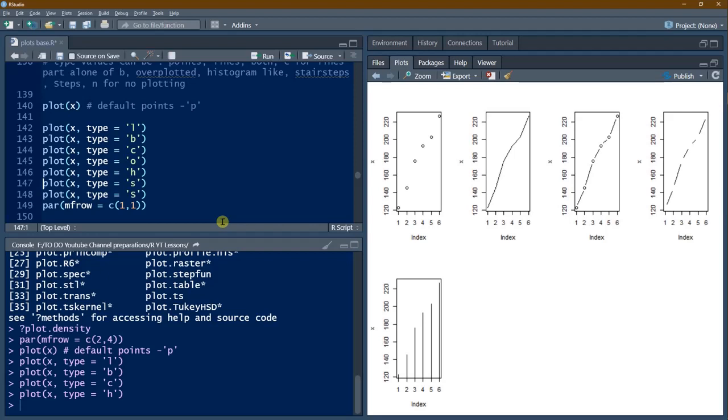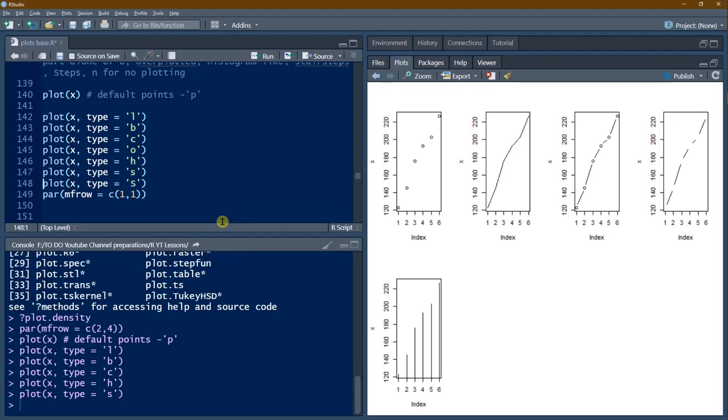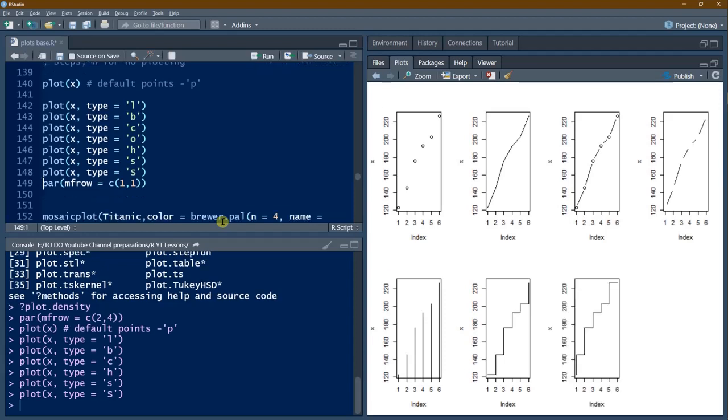Then we have got steps, and we have got staircase kind of steps here and normal steps here. Basically, all these are going to tell you that, depending on the situation, you can use any of these by simply changing the type parameter. Let us reset the mfrow.